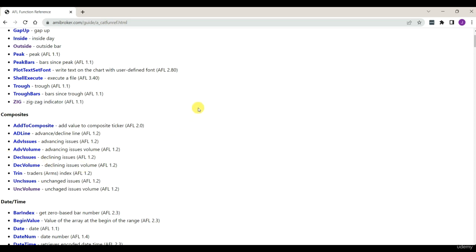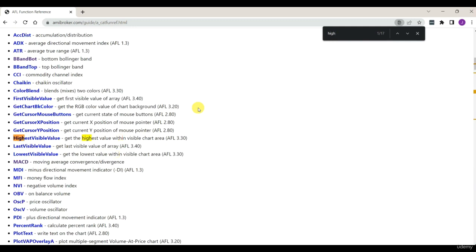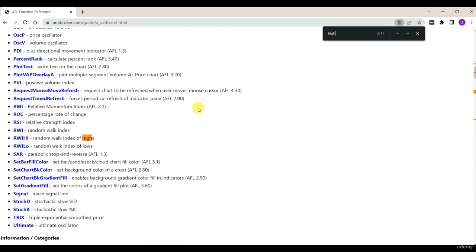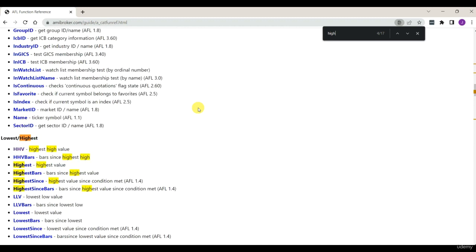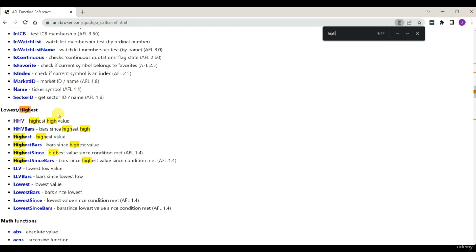I search for a word by holding Ctrl and pressing F. And then I search for high, and by pressing Enter, I'm moving through the list, and here I get a nice cluster of functions, lowest, highest. That's what I'm looking for. Now I'm interested in the first one,